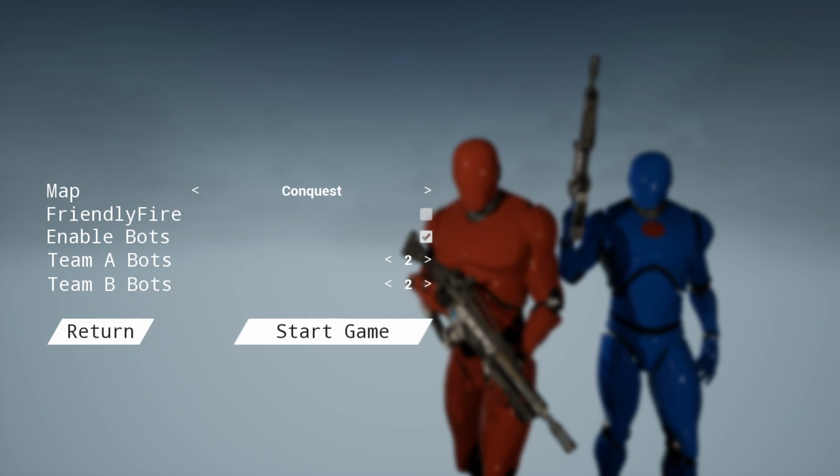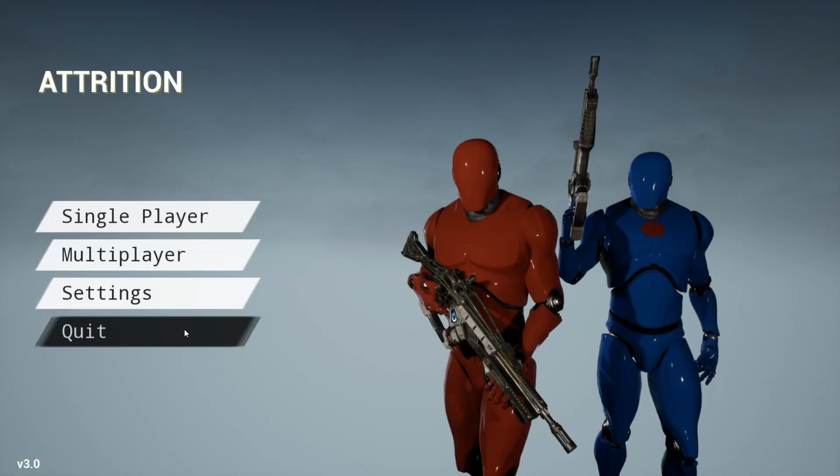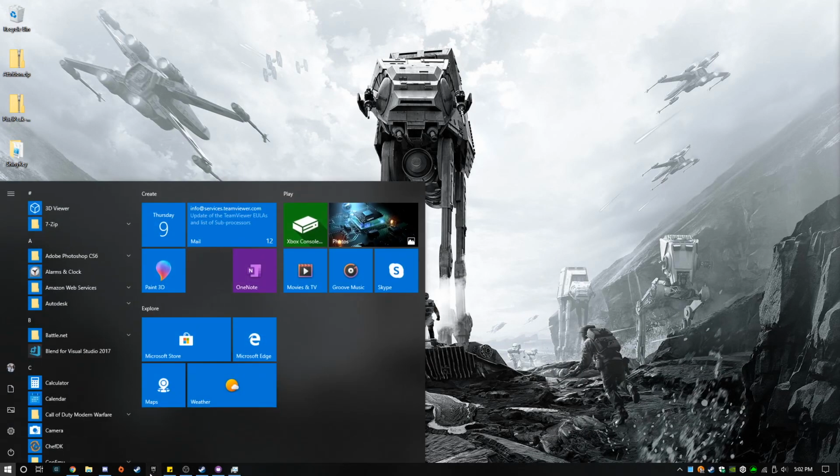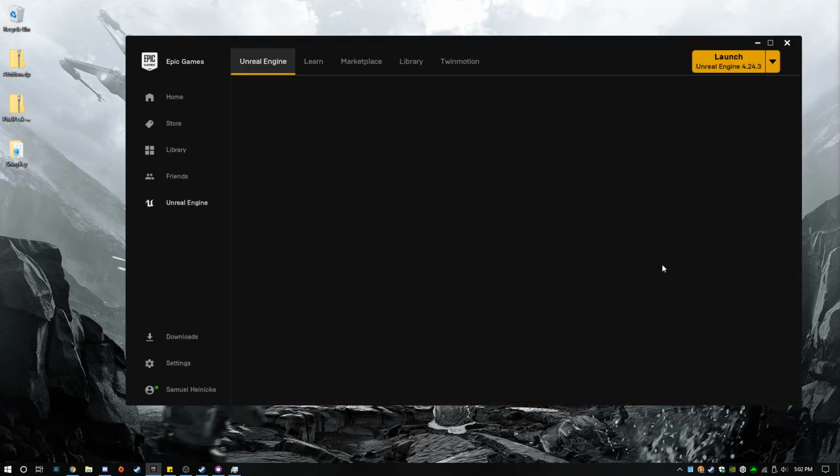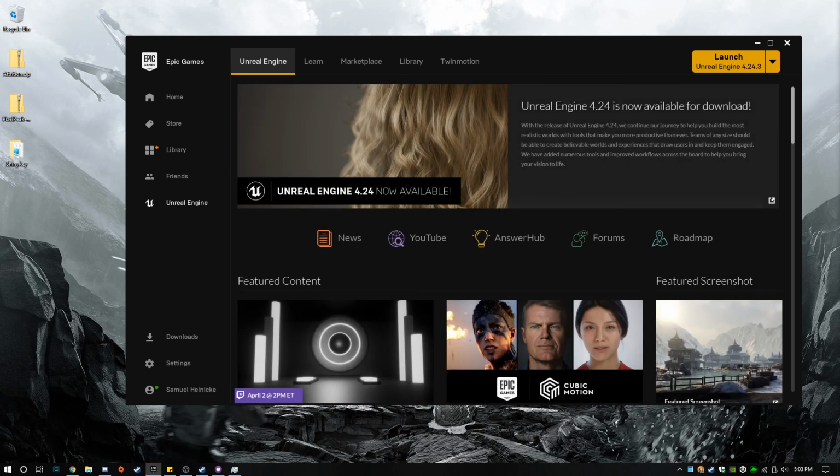Check my CPU usage. Let's try playing in editor.